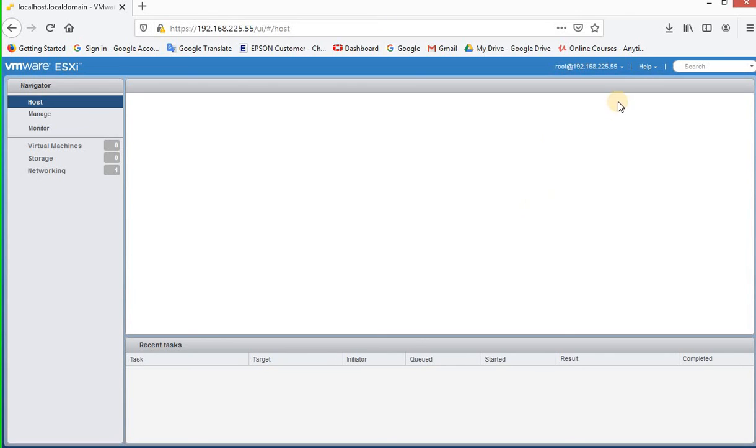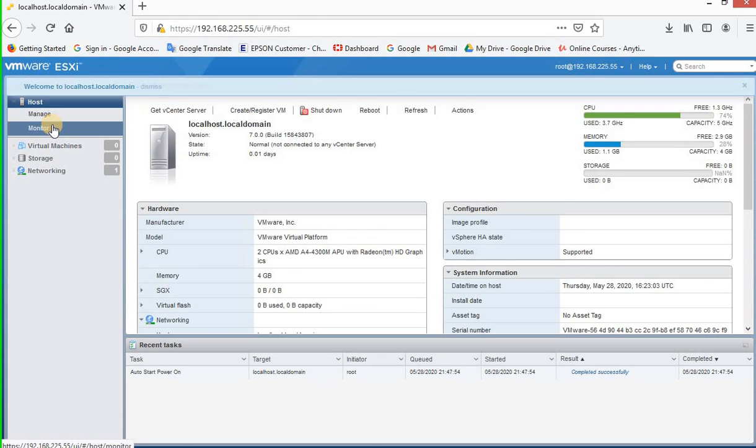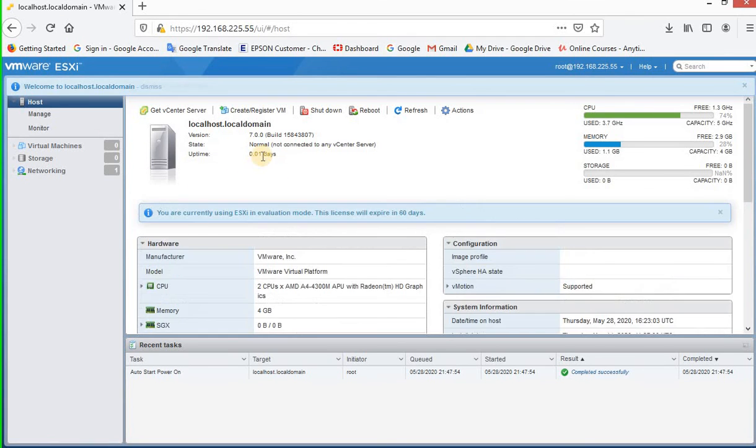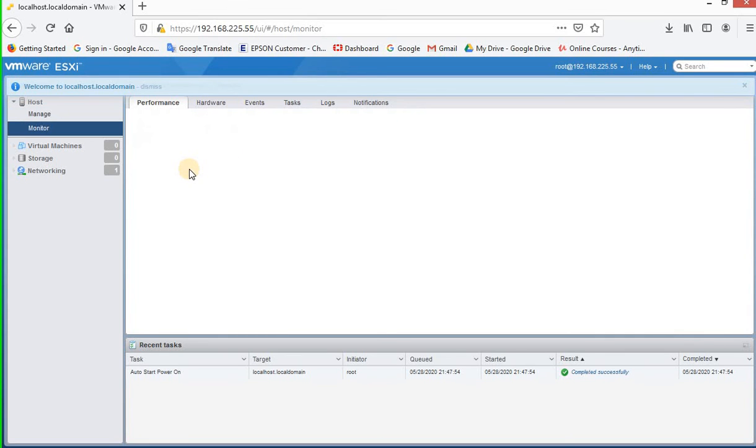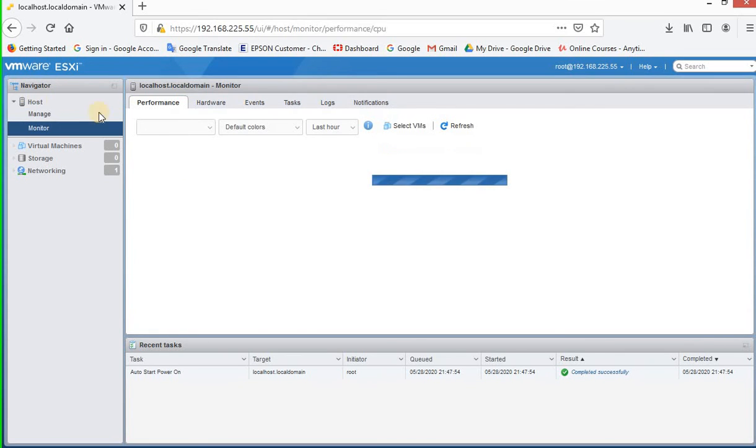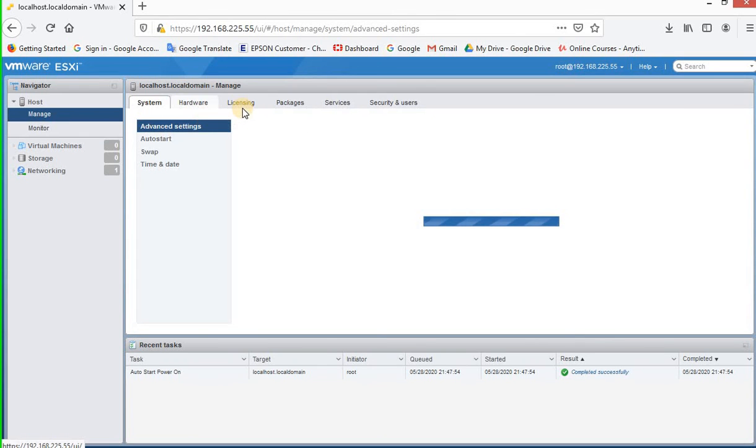Yes, finally we achieved this VMware ESXi. We have to manage all these things; I will show you in the next video. Finally we achieved this host client of the local host. This is a free tier. There are some options: hardware, events, licensing, packages, services.